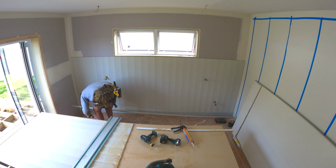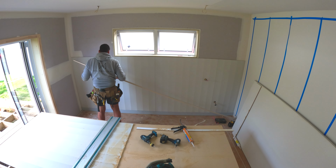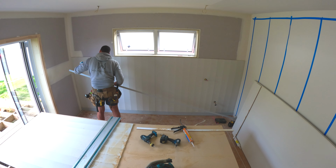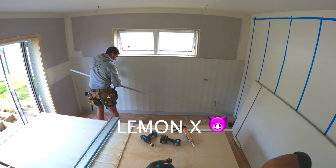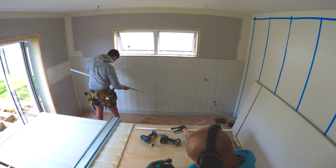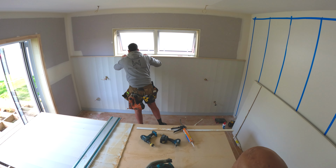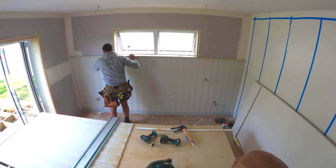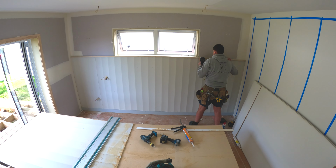Oh, is that timber? Yeah. Wow, that looks nice. Pretty cool, eh? Oh my god. Where did you get it from? What's it called? Laminex. Laminex, yeah. This was going to match the rest of the window, but it didn't quite happen. All right. Once you paint it,